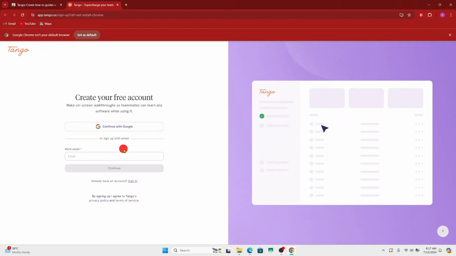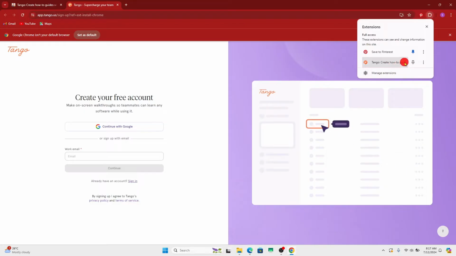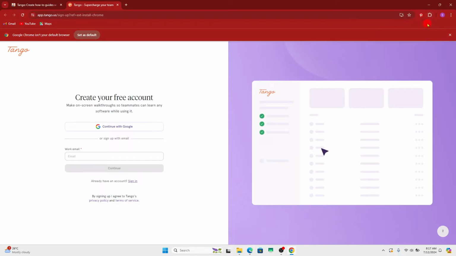Just proceed with logging into your account now, and after logging in, you can click on the Extensions tab at the top right corner and then pin the Tango app by tapping on the pin option. After you do this, you will be able to use the Tango app by just clicking on the toolbar at